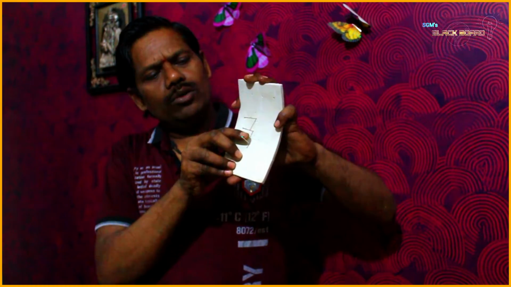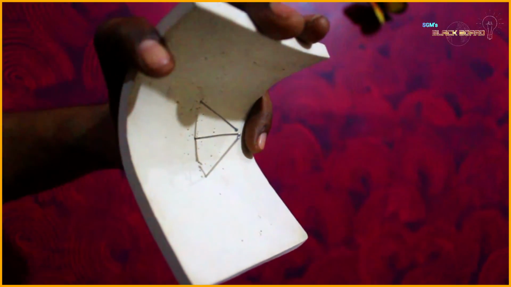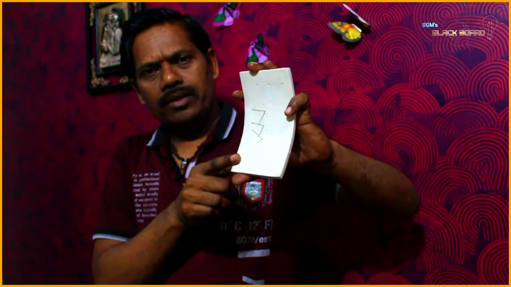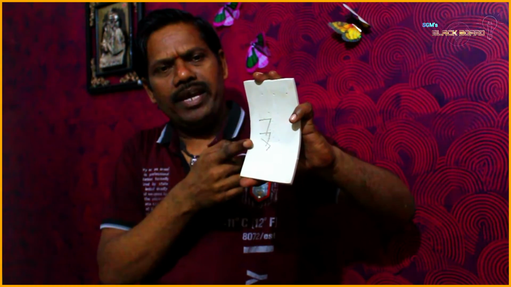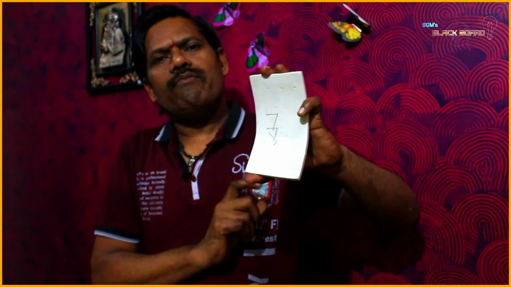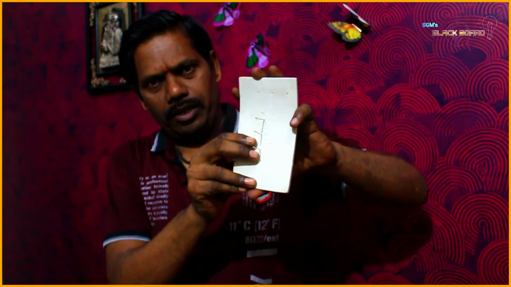So that means when I bend inward, it behaves as a concave mirror. This is said to be a concave mirror. A concave mirror means when the reflecting surface is curved inward, those types of mirrors are said to be concave mirrors. In concave mirrors, all the normals converge at a particular point, and that point is said to be the center of curvature. This is called the center of curvature.